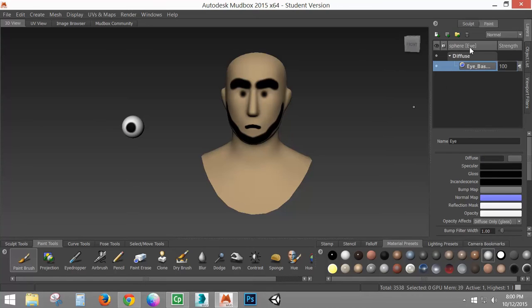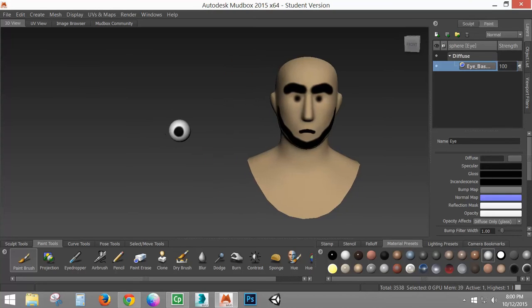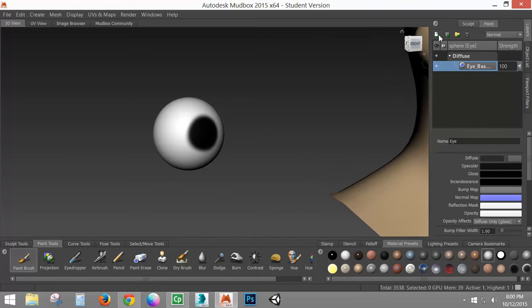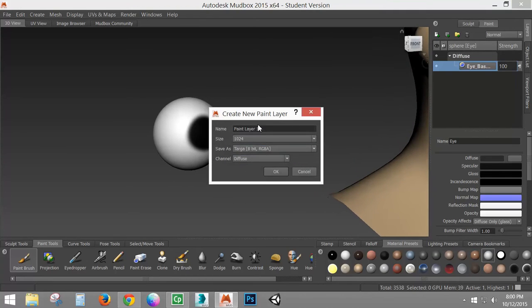So, talking about some of the other map channel types that we have here, I'll just focus on the eye for now just because it'll be good to show some of these. So I can do a new layer, and I'm going to set this as my specular layer, so I'll just name this specular base. Glad I left my ringtone on. Shut that off now so we don't have to deal with that. Okay, specular base,